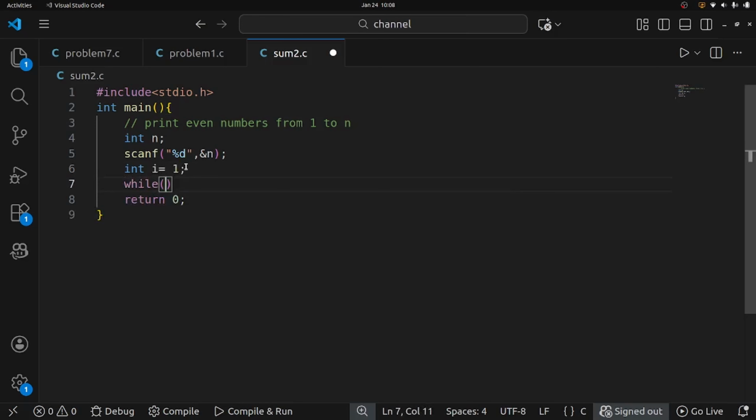For checking the even number, what is the condition? The number should be divisible by 2, right? So what will this modulus operator do? The modulus operator will give the remainder, right? So when my I is divided by 2, if the remainder is 0, then it is divisible by 2, right? If my remainder is something like 1 or 2, it is not divisible by